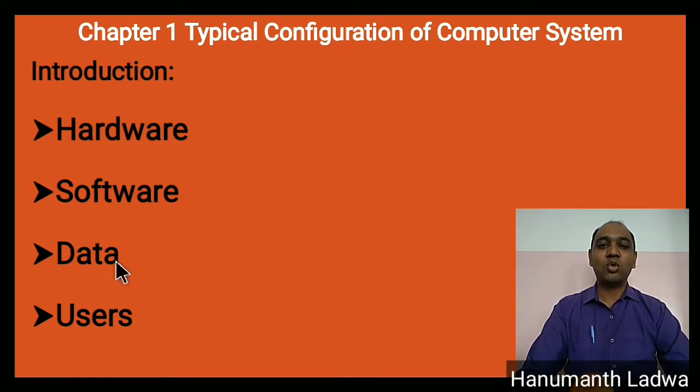Now let us move on to data. Data is nothing but a raw fact, figure or statistics that is to be processed to get meaningful information. The fourth component of a computer system is users. Without users you will not be able to instruct the computer, because the computer does not think by itself and is not going to perform any operations by itself, because its intelligent quotient is 0. Unless and until the user inputs some data, the computer does not execute and is not going to give us the result. Hence users are required.